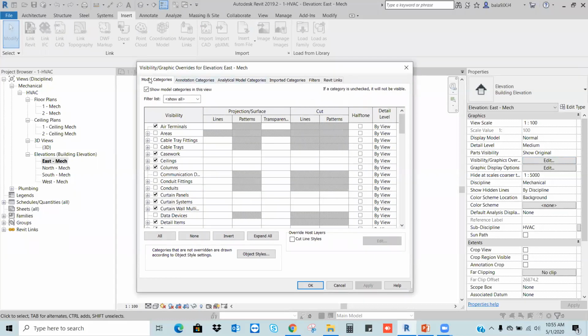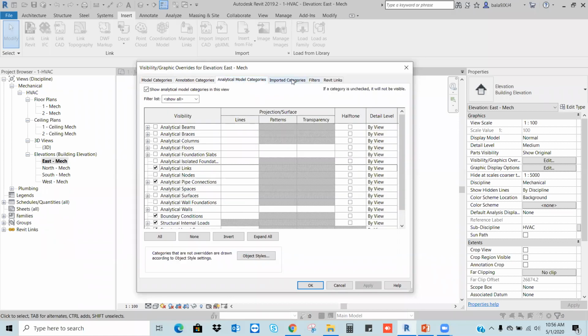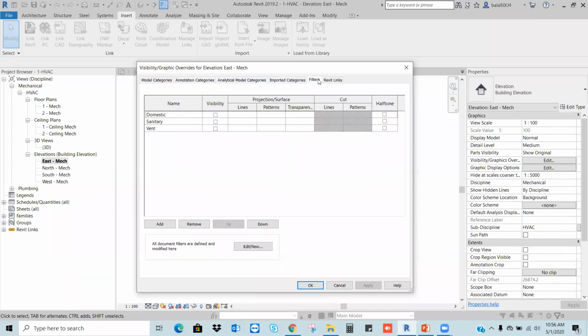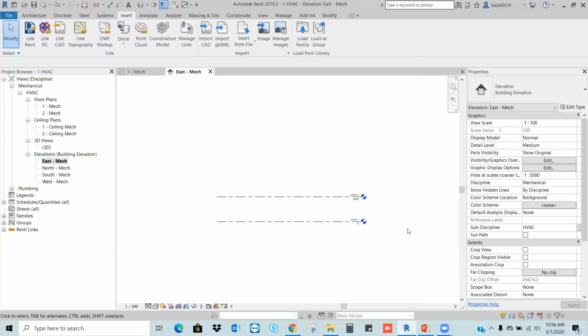Here in the visibility graphics, there are model category, annotation category, analytical model category, imported category, filters. Now we added the Revit links, earlier it was not there. So if I want to switch off here, I can switch off the model.